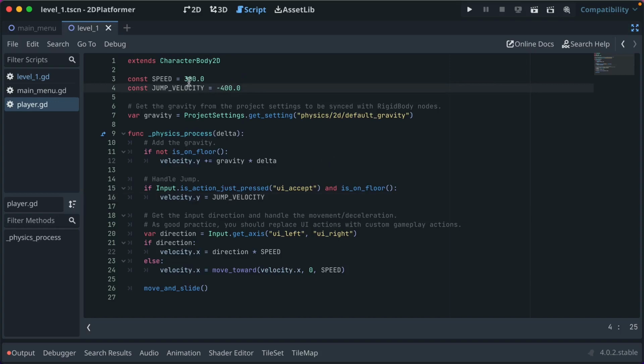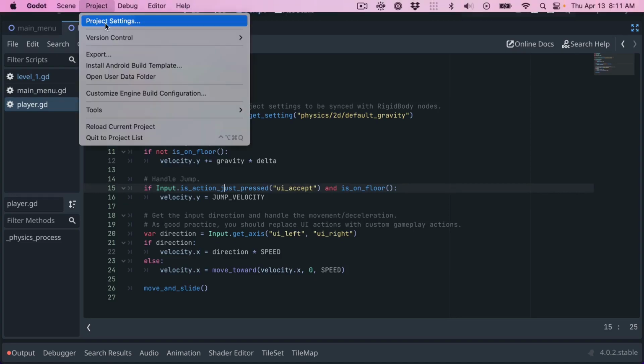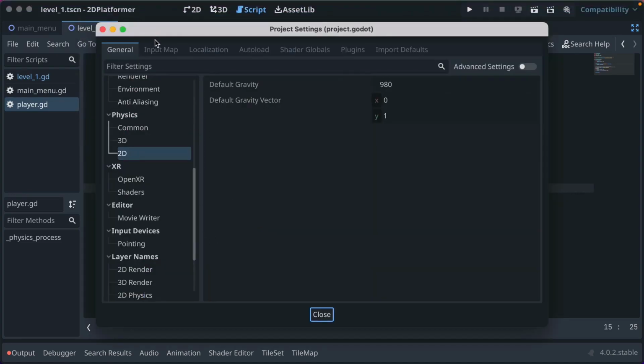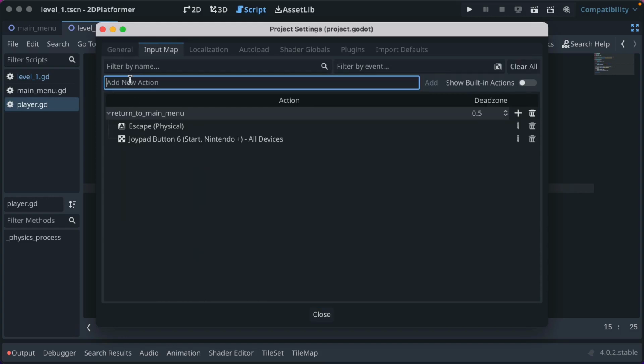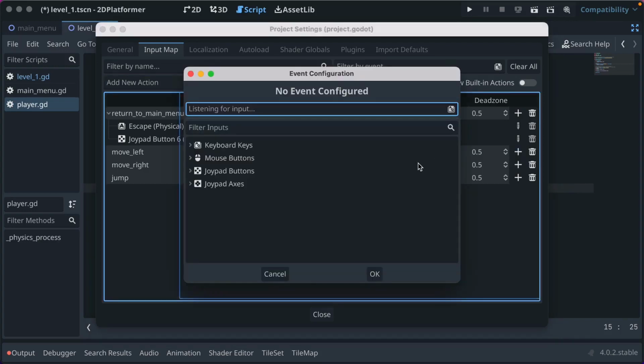Well, first, let's start by looking at where we have action just pressed. It's using UI accept and UI left and right. Let's make our own input actions. The comments here even encourage that. So remember what we did? We'll just do move left, and I'm going to enter these pretty quick. Move right, and then jump. So you can add those quickly, and then you click the plus button,